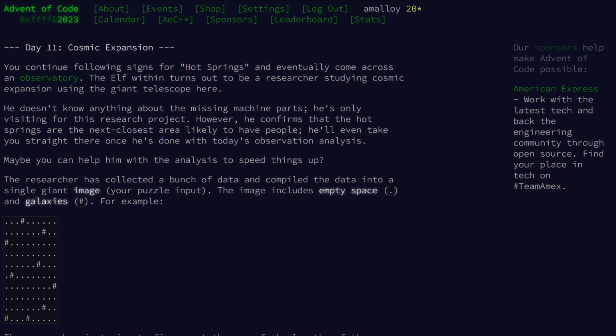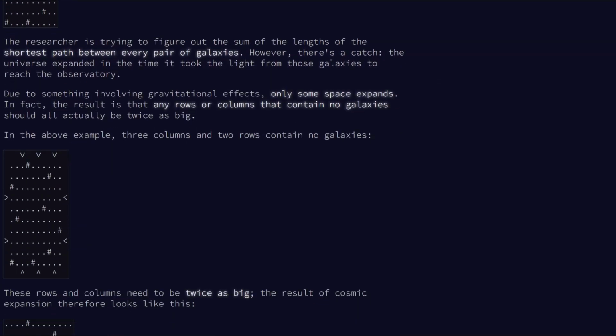The researcher has collected a bunch of data and compiled the data into a single giant image, your puzzle input. The image includes empty space, periods, and galaxies, hashes, for example. The researcher is trying to figure out the sum of the lengths of the shortest path between every pair of galaxies. However, there's a catch. The universe expanded in the time it took the light from those galaxies to reach the observatory. Due to something involving gravitational effects,